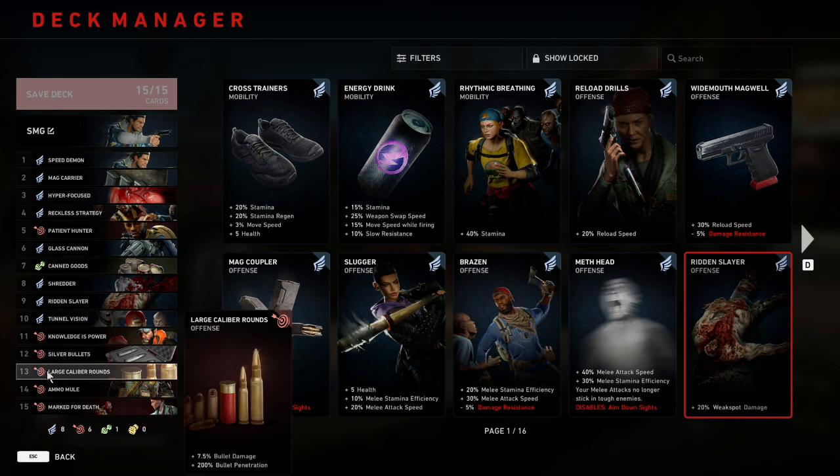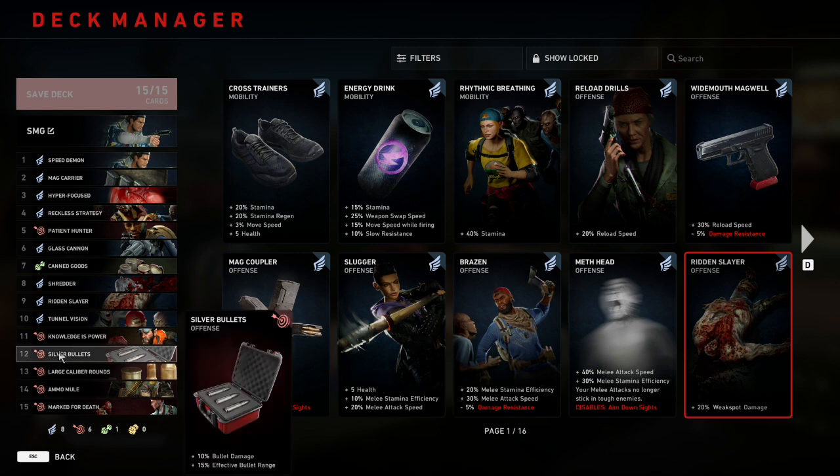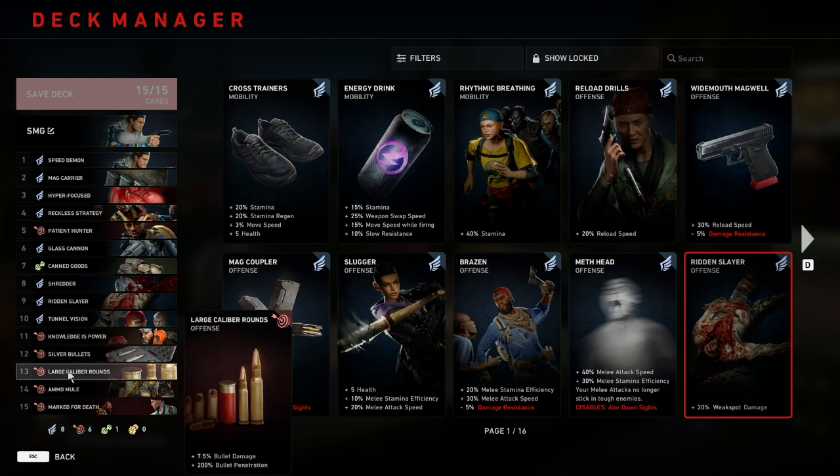Number 12 and 13 are going to be the exact same thing. They're just both going to be DPS cards. One's Silver Bullets, one's Large Caliber Rounds. Silver Bullets gives us plus 10% bullet damage and plus 15% effective bullet range. Now, the only thing of note on Silver Bullets is it makes our SMG shoot farther, which is nice, but it's not like we're going to be sniping things across the map, but it's just a nice little buff to have. And Large Caliber Rounds gives us plus 7.5 bullet damage and plus 200% bullet penetration,